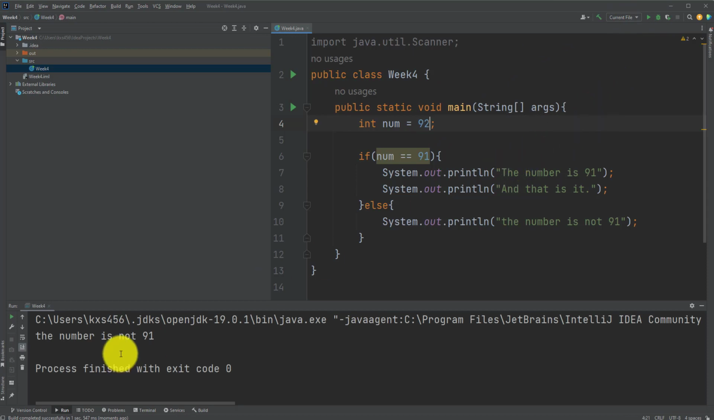Notice that it says the number is not 91 because it's 92, right? Something to keep in mind too is that this is kind of an expression. The idea is it's either true or it's false, right? So in this case, num is equal to 91. That's true. If it's not equal to 91, then it's false. So what we can do is